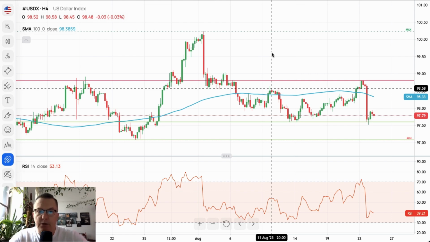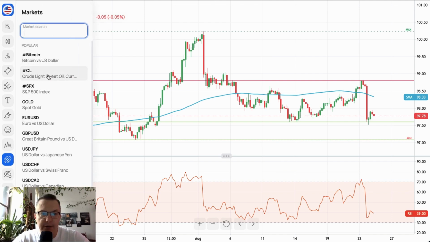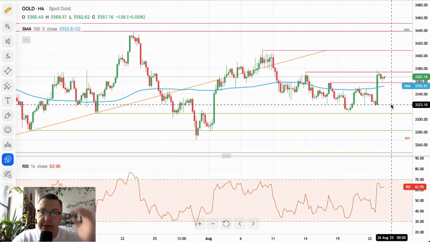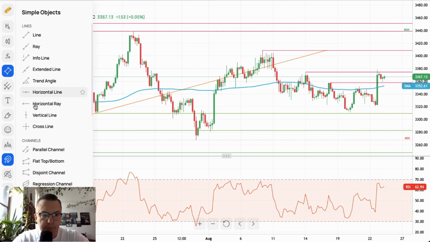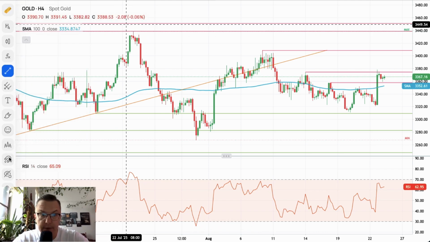So the situation here is that the US dollar might be moving lower towards 97.08, as there is some sort of weakness all across the board in the early Monday trading for the US dollar, which means the gold should be rallying. There you go. Big weakness for the US dollar. Gold is the winner of this situation.